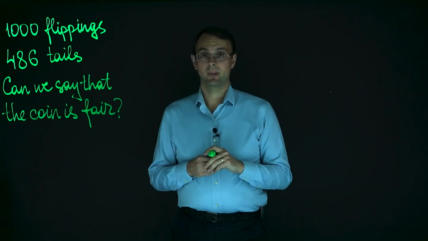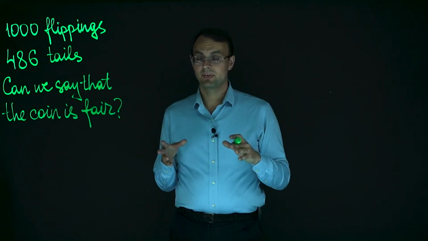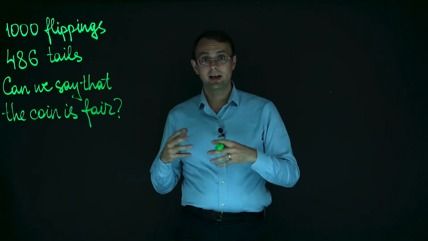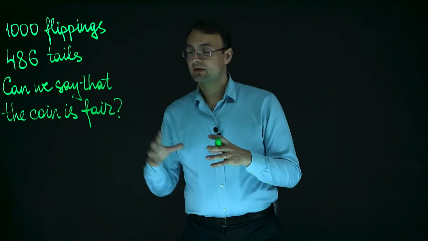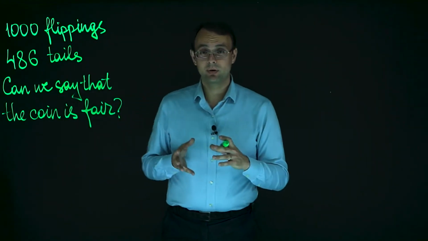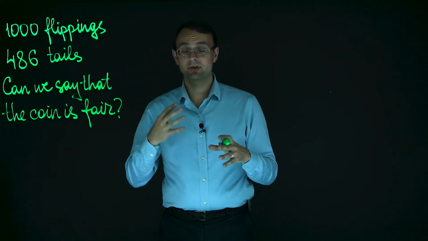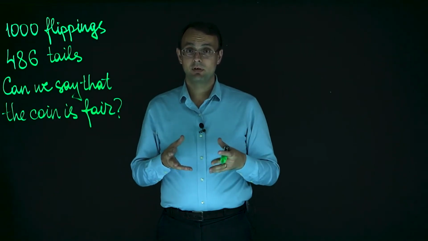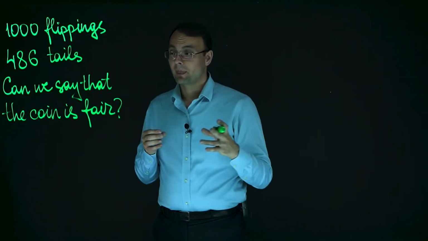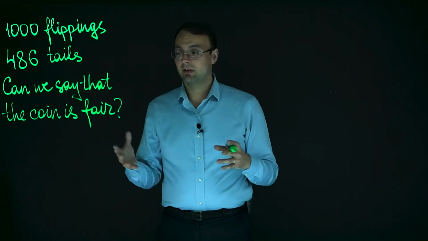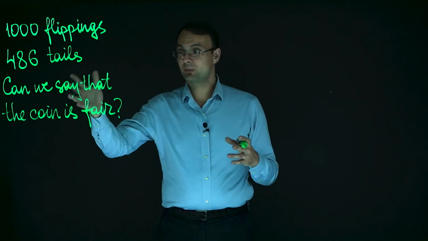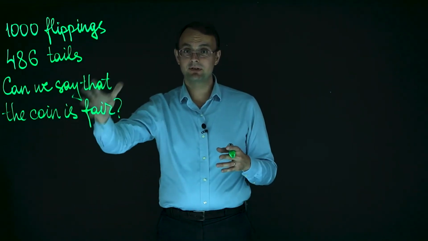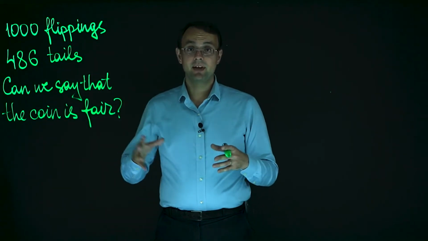So we want to test a hypothesis that the coin is fair. As you see here, initially a hypothesis is not a statistical hypothesis. We know that a statistical hypothesis is a kind of supposition about some random variable or some random variables. But we don't see any random variable there. They ask, can we say that the coin is fair? We don't see any random variable here, any parameter distribution, and so on. So the first step